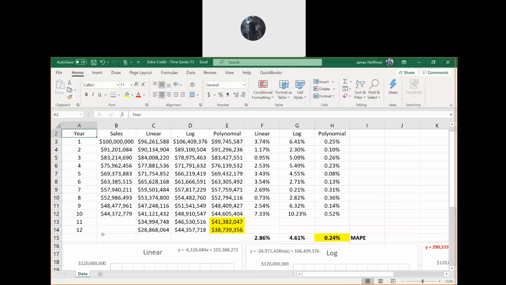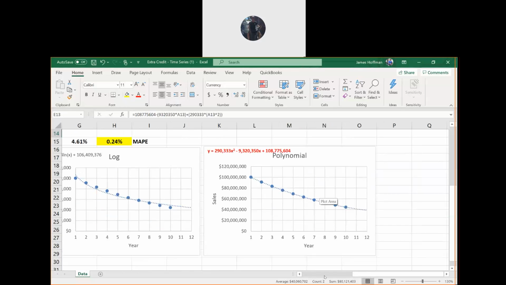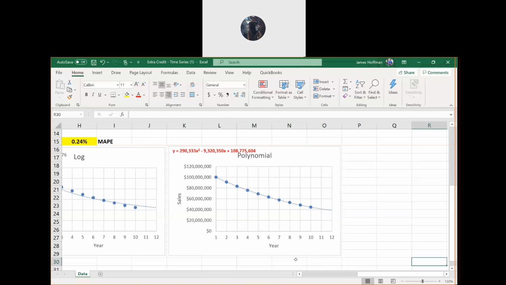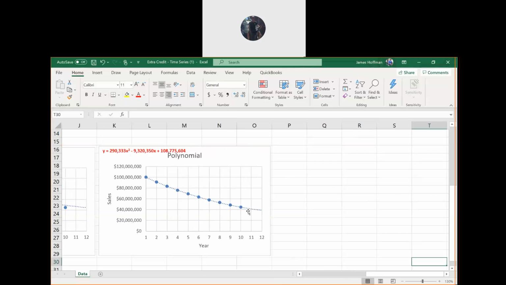Okay, so we did three different trend lines for this historical data. We compared them, and we should have found that the polynomial has the lowest MAPE, meaning it captured the data the best. So we would use that prediction for the next 2 years. These would be extending the polynomial line 2 more years, which are those values. So it'd be that value there and that value there, right?